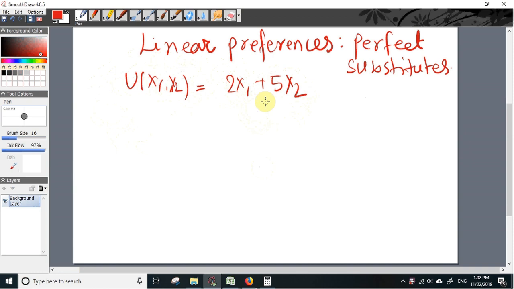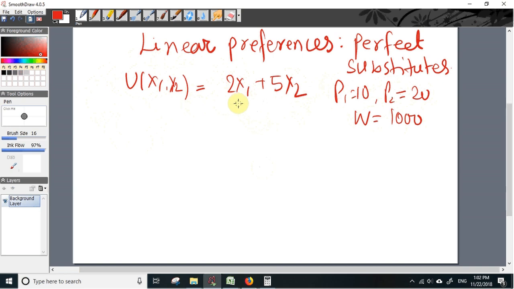Therefore, the consumer most often consumes only one commodity out of them. So the price of the first commodity in our case is again 10. The price of the second commodity is 20, and the consumer's total wealth is 1000. So now